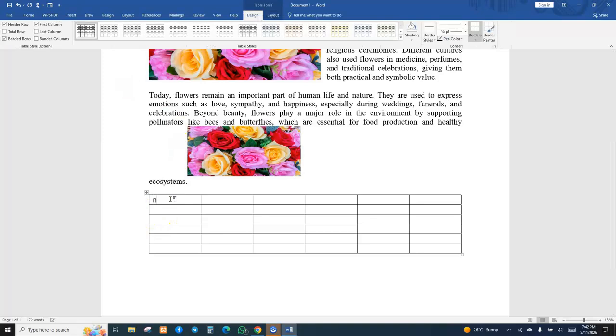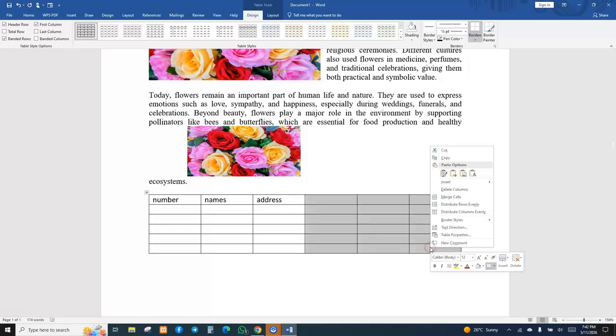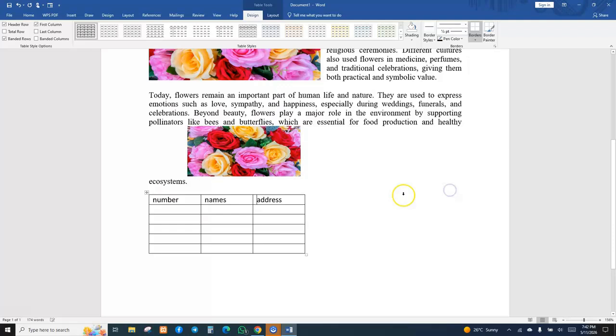And I write number, name, address, and then I can pick this and I delete column. See, it disappeared. And I pick this, I expand,